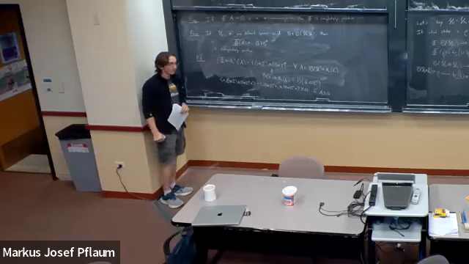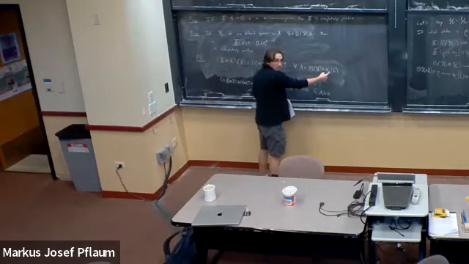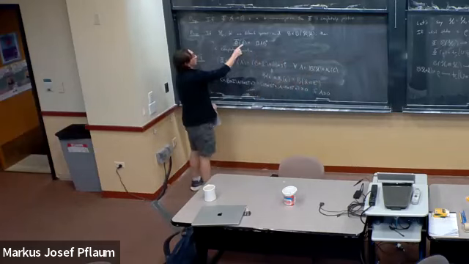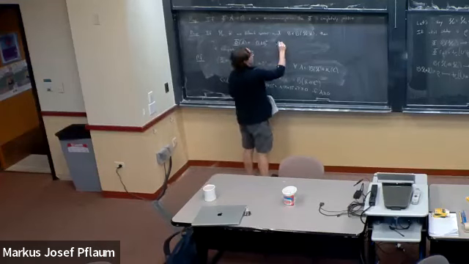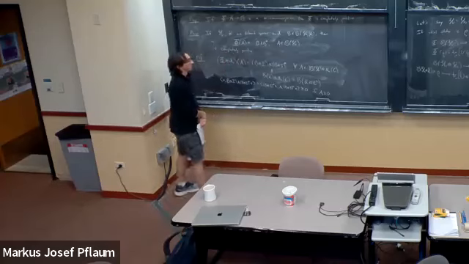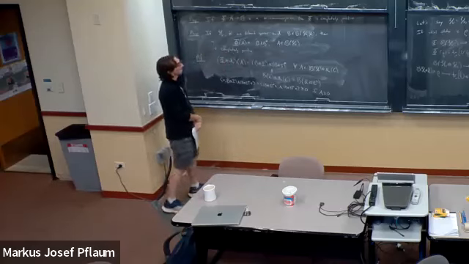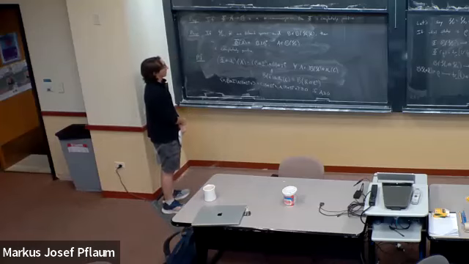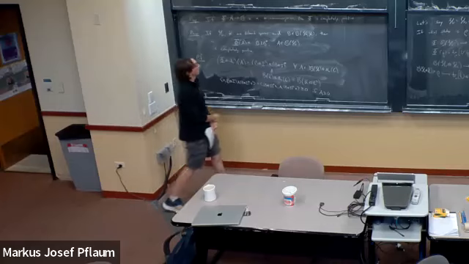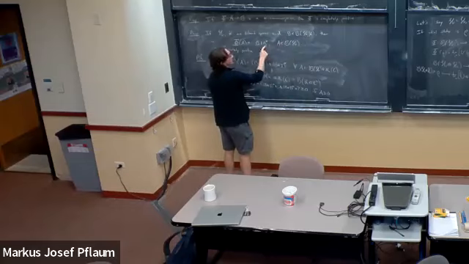Sorry, where does A live? A lives in bounded operators on H tensor M_n(C). In the first one, A lives in B of H, and phi of A lives in B of K. So B star goes from K to H, A goes H to H, and then B goes H to K.